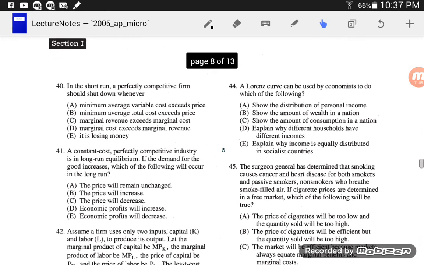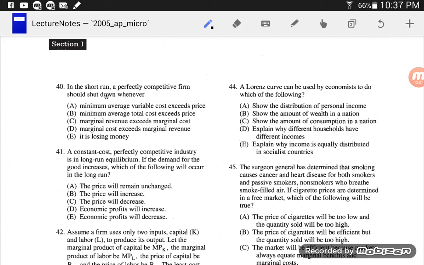Alright, in the short run, a perfectly competitive firm should shut down whenever. Ooh, I love this one. There's the graph. Marginal cost curve. Average total cost. Average variable cost. Anytime that price is down below that average variable cost, that means we're not making enough money to even cover the costs of my labor and those variable costs. So in the short run, a perfectly competitive firm should shut down whenever the marginal revenue,